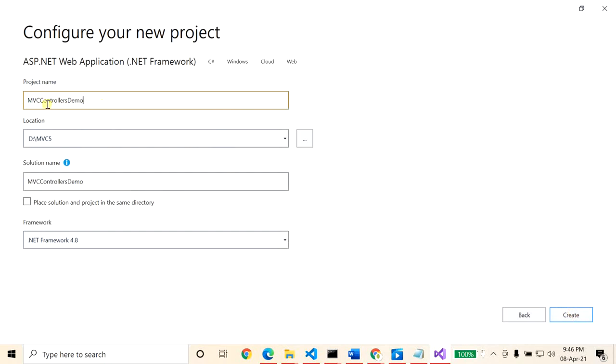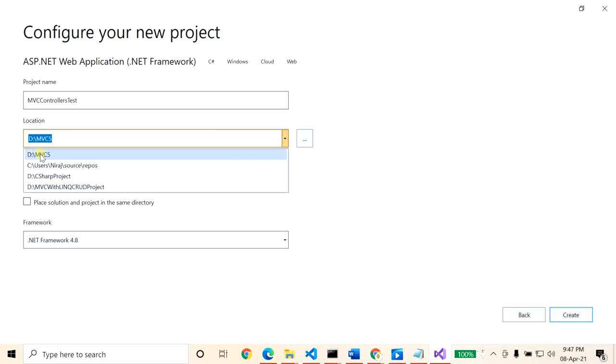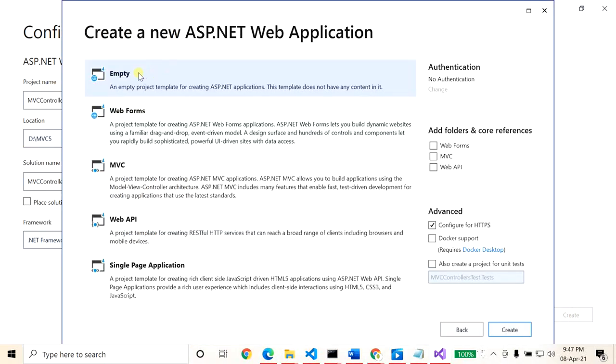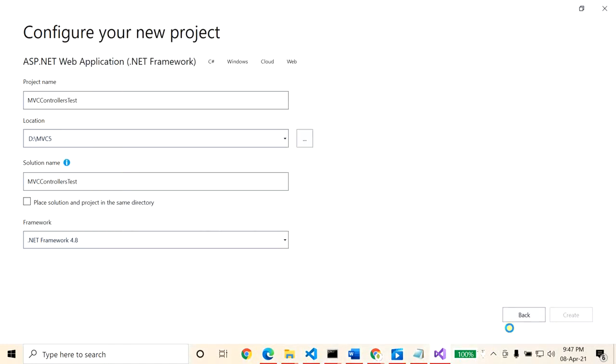Give the project the name MVC Controllers Test. You can choose the location as per your choice. I have a folder MVC5 in the D drive, so I am choosing that and keeping all these options as default. Go to next, choose the empty template, select MVC, and uncheck the advanced setting, Configure for HTTPS. Now go to next and create.